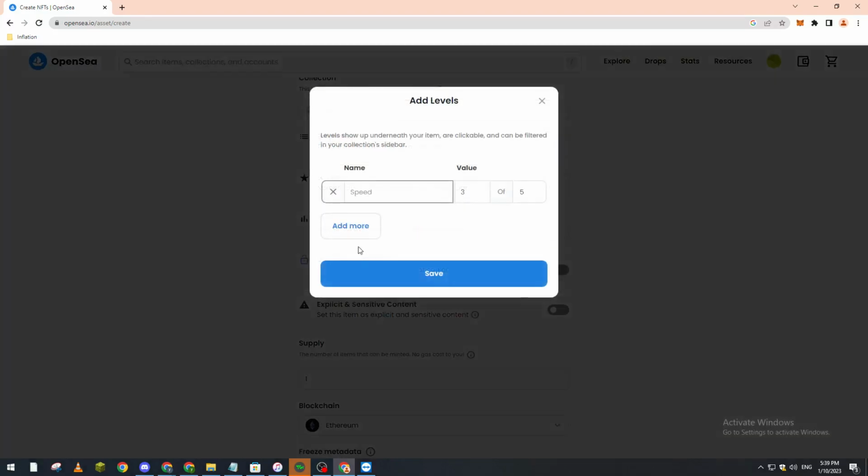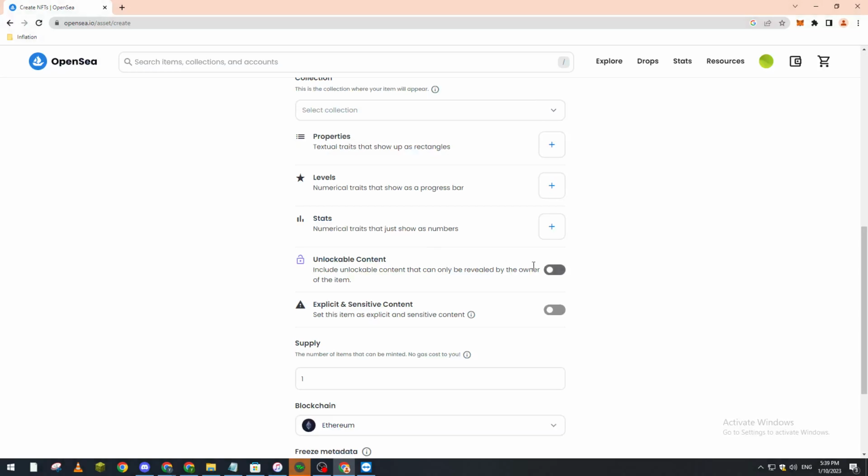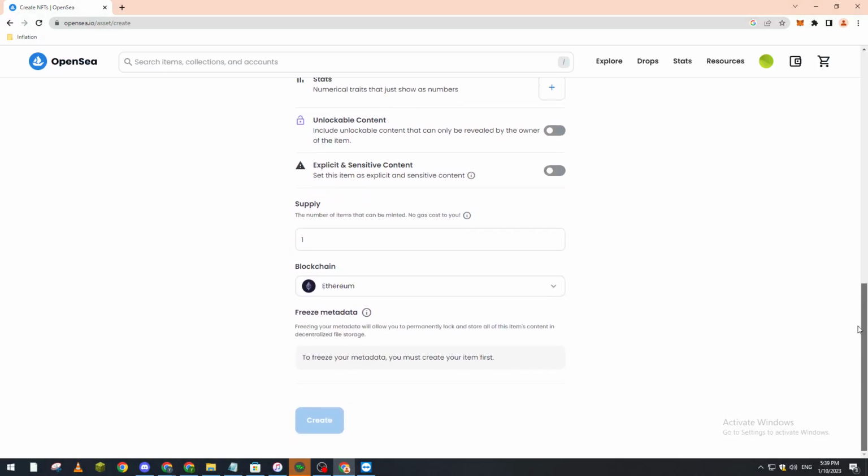Here you can add levels, so speed and etc. Here you can add stats, here levels, as you can see. Here you can add unlockable content, here if it is like sensitive content, and here you add the supply, and after that you choose which blockchain you want to be in. After that you click on create, and you'll be creating your first NFT on